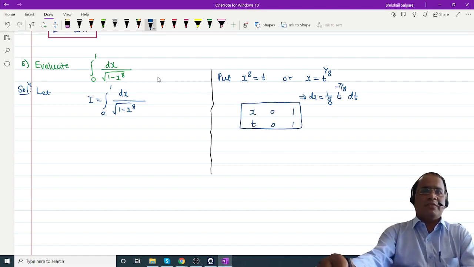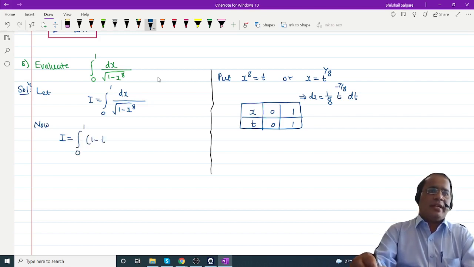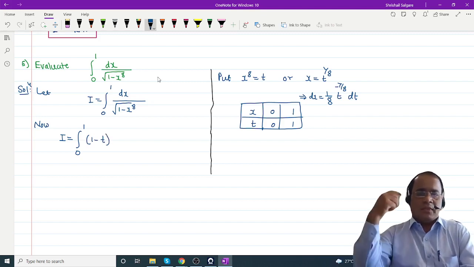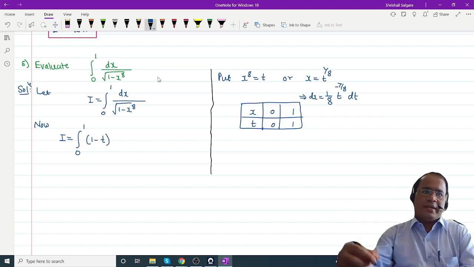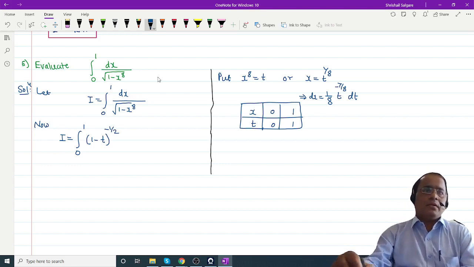The limits remain the same. There is no change. You can use the substitution and verify that. Then the integral becomes thus. Now that integral I is given by the new limits 0 to 1. This 1 minus x raised to 8, I will write 1 minus t. Now the square root you have to take in the numerator. Square root means 1 by 2, and that term you have to take in the numerator, so that will come as minus 1 by 2. Make me correct if I am wrong. Okay. Now multiplied by the value of dx, which is 1 by 8 into t raised to minus 7 by 8